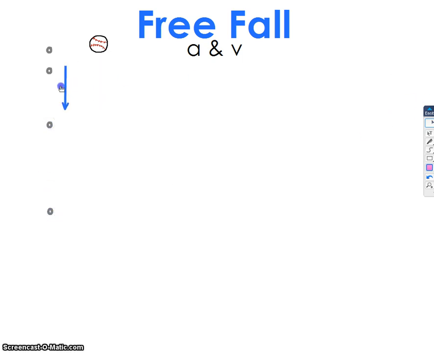Now I'm going to put these velocity arrows in, but again, if I put these velocity arrows in, these don't really make sense. They should not all be equal velocity arrows. So I'm going to make this final velocity arrow larger than the others, and I'll make the oh shoot,